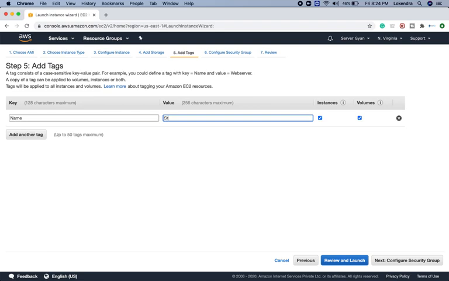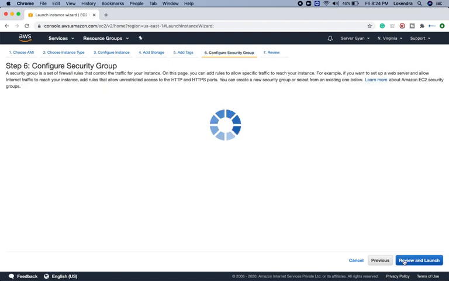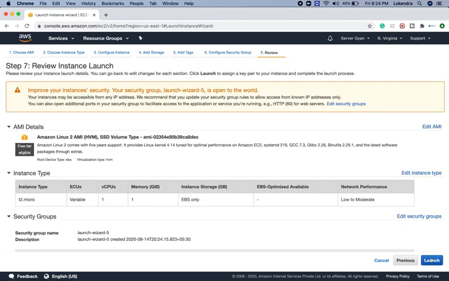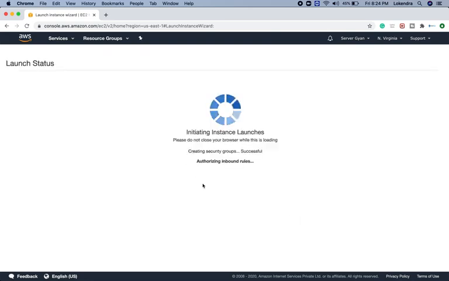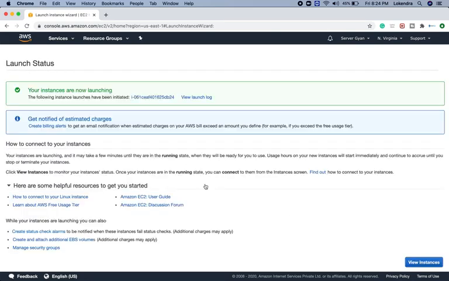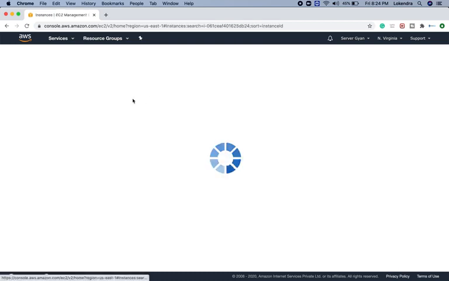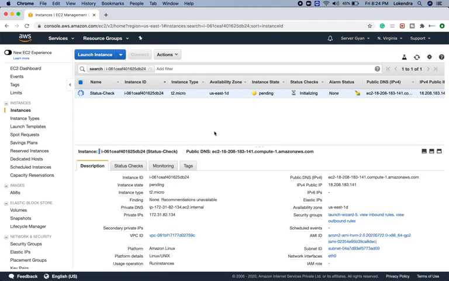Let us say status check. This is the name I'm going to give this machine. You can check my previous videos, and for sure that will be beneficial for you in order to check how to create an EC2 machine and what the detailed components of it are. Okay, so guys, I have created this machine. There are two components here, like status checks.